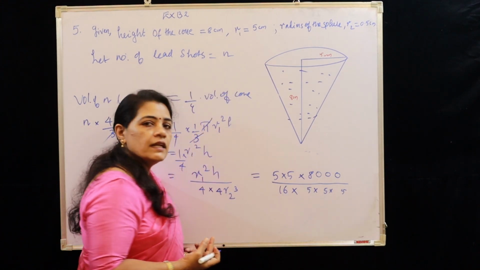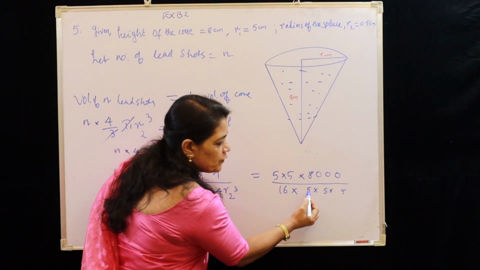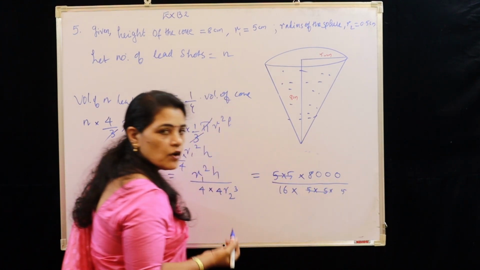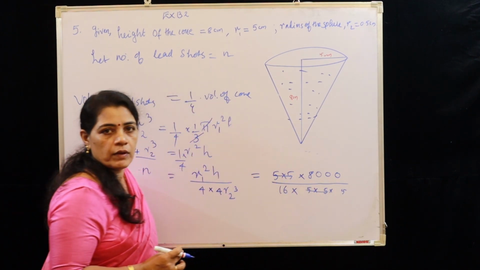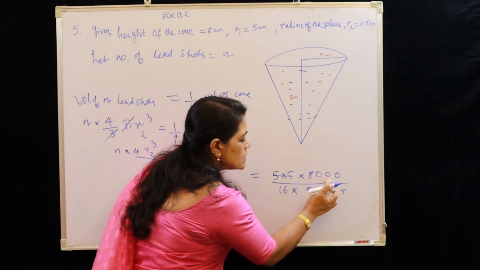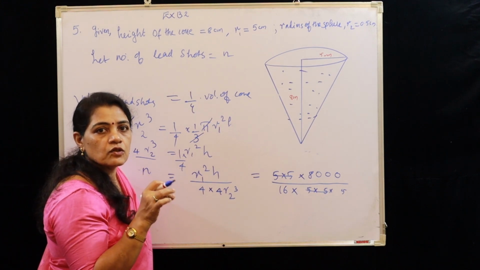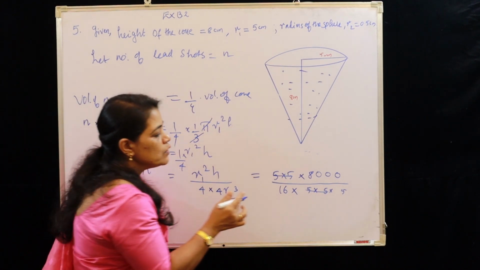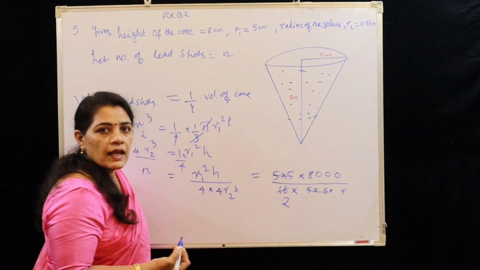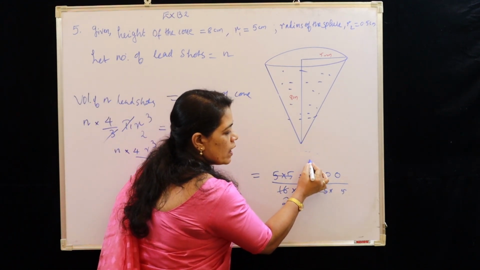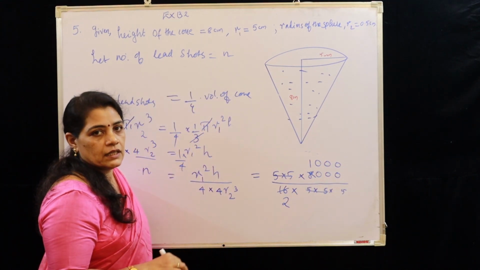Okay, now we can easily reduce. So here 8000 and 60, definitely both 5s can be cancelled from both the numerator and denominator. So you can see only 1 5 now in the denominator. And here 8000 and 16, 8 and 16, multiple of 8 is 16, so you can divide with the 8. So 8 in 16 2 times, right? And 8 in 8000 is 1000 times.